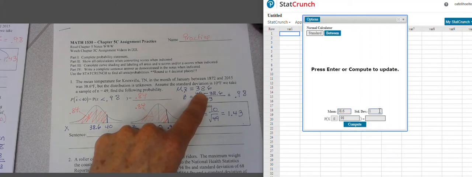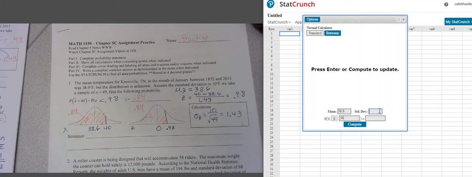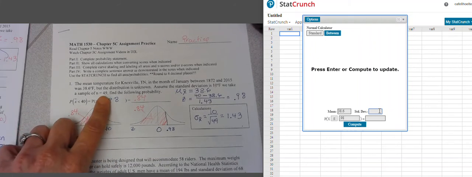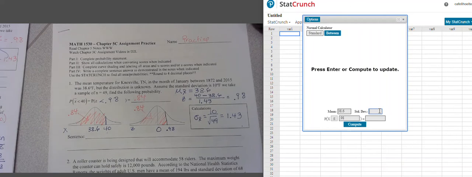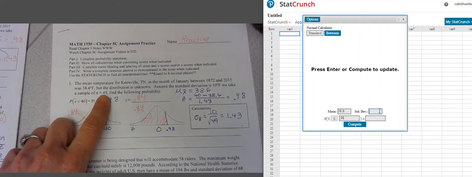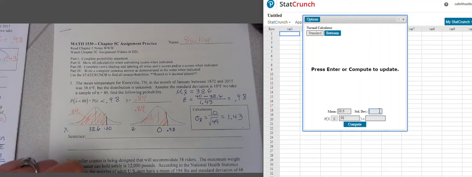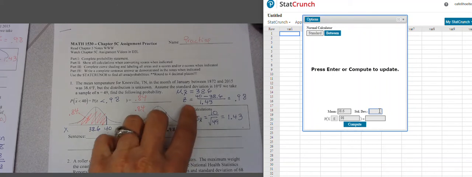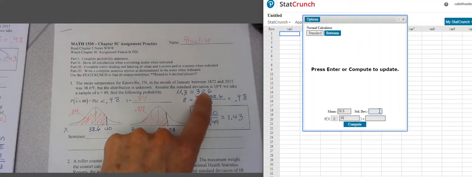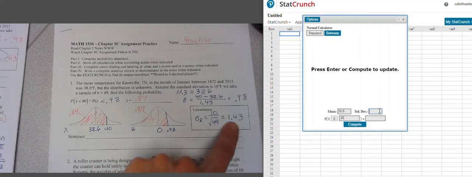But what does change with this problem, which uses the central limit theorem, is this: we don't know that we have a normal distribution, but we're taking a sample of 49. We're not looking at the probability of just one temperature. We're looking at the probability of getting 49 different temperatures and seeing what the average would be. That's why we need to apply the central limit theorem. So the mean stays the same for that sample, but